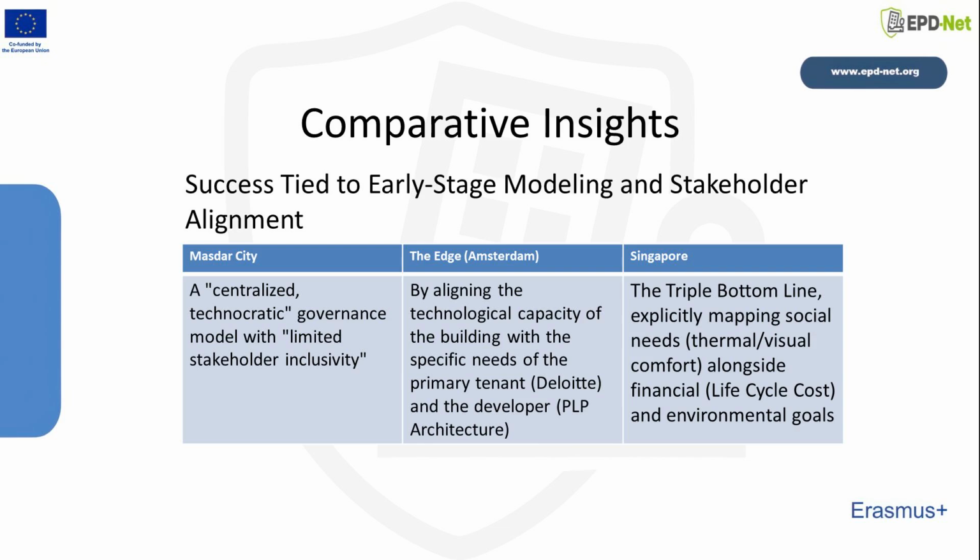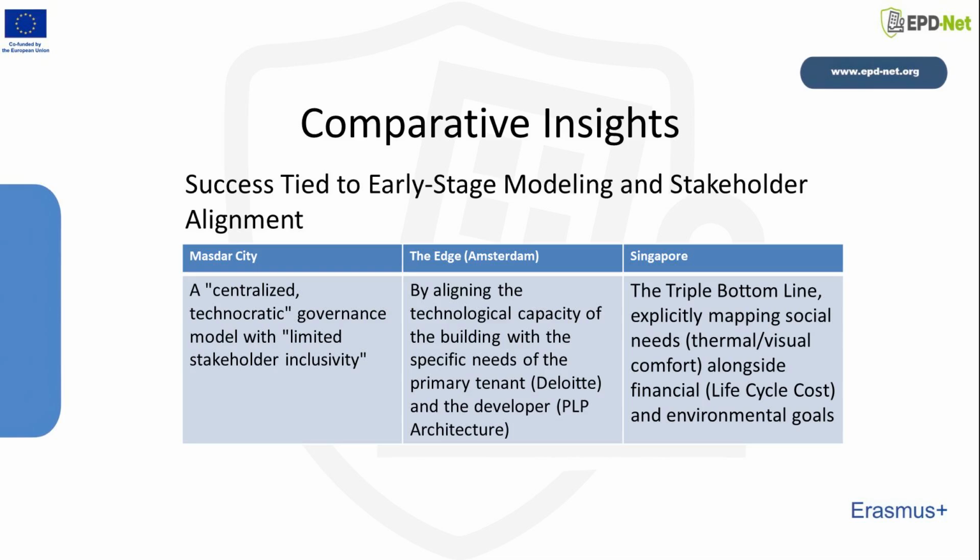The Singapore approach emphasizes the triple bottom line, explicitly mapping social needs, thermal and visual comfort, alongside financial, life cycle cost, and environmental goals. Success is tied to early-stage modeling that identifies the most influential variables, e.g., light efficiency and air conditioner COP, to prevent costly late-stage changes. This method ensures that the resulting housing is not just energy efficient but also cost-effective and habitable for the specific